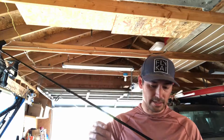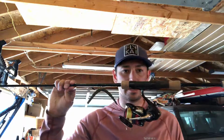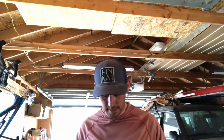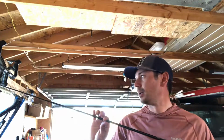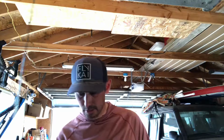I throw that on a St. Croix Premier 7-foot medium light rod, and I've been really digging these Shimano Sienna C3000s. They're $29.99, guys. I have about 6 of them, and I use the St. Croix Premier rods. I have Triumph also on the same setup, 7-foot medium light, and then I do have the Shimano SLX in a medium 7-foot as well, but primarily use that St. Croix Premier